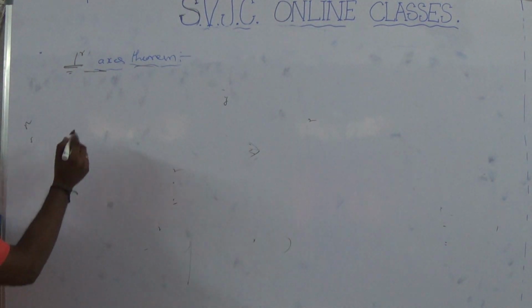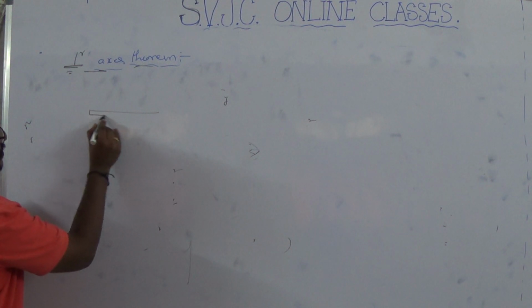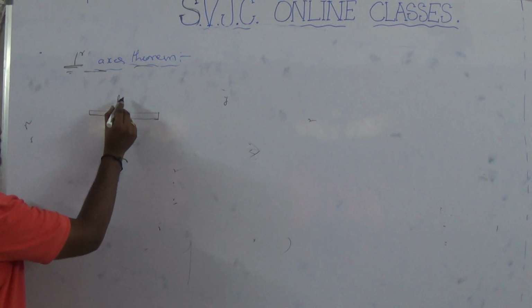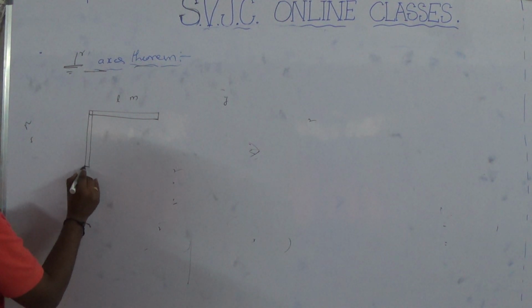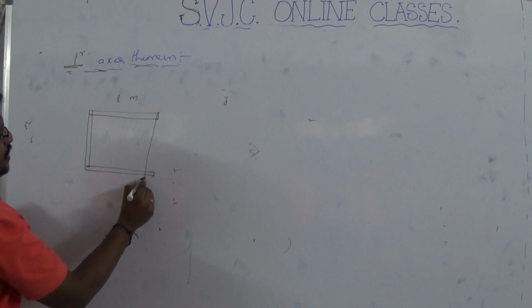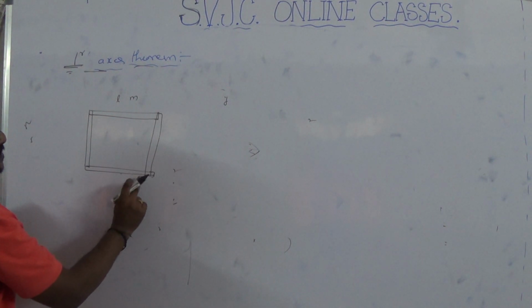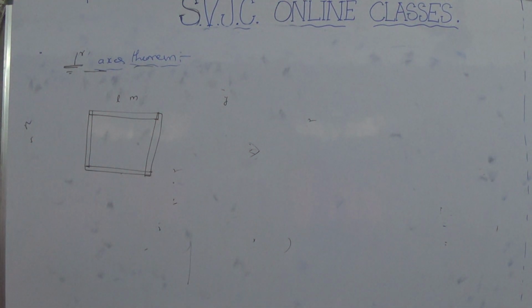For example, I am going to give the applications. Rod of length L, mass M. Four rods are arranged like this in the form of a square, equal size, equal mass. Four rods arranged in the manner of a square. What is the moment of inertia of the system